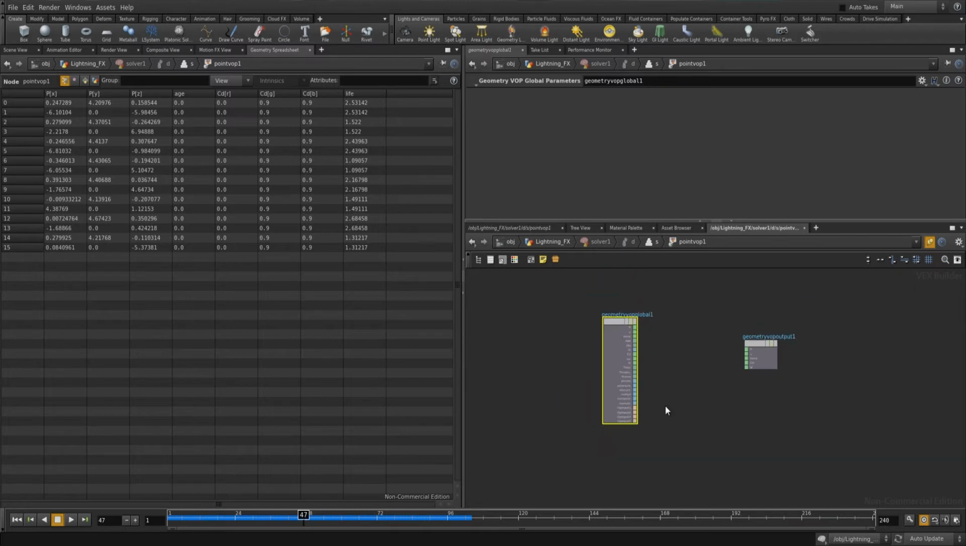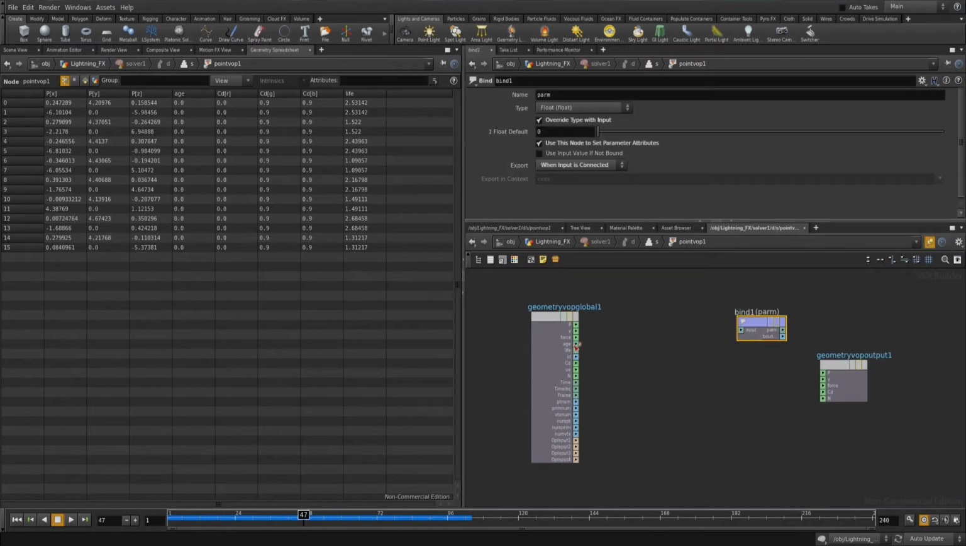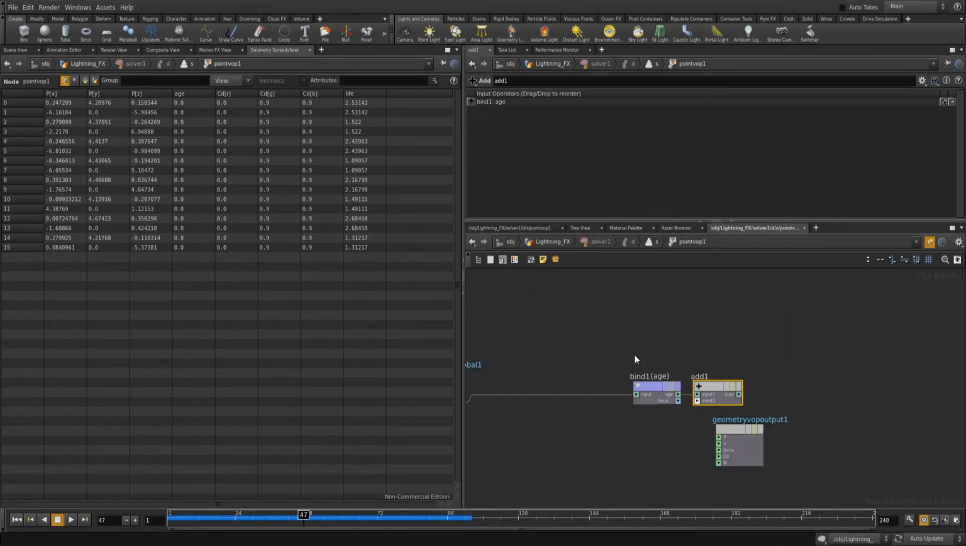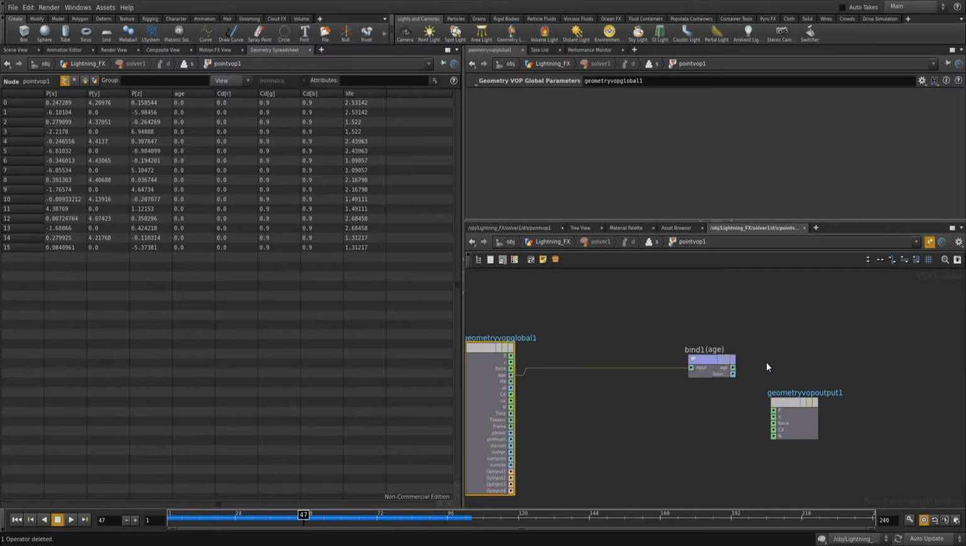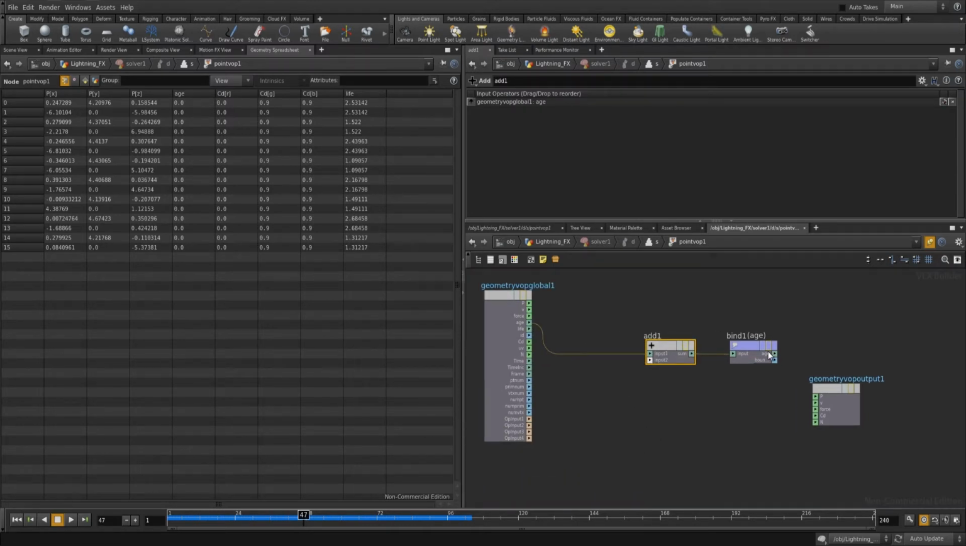So I'll just show what I mean by that. I'm just going to take age, and I'm going to bind export age. So age is going out into age. And I'm just going to add a little bit to it. So I'm going to add, whoops, not over there, sorry, add, and then the amount I'm going to add is